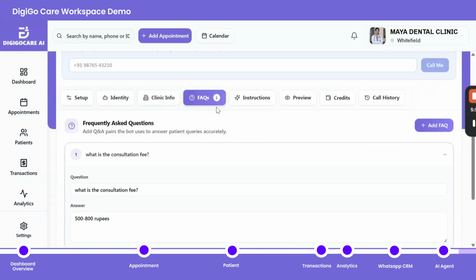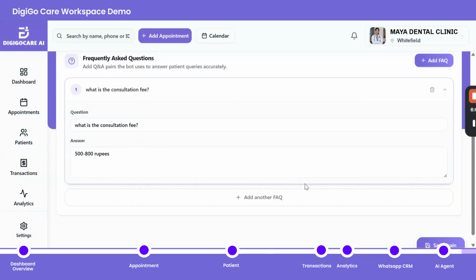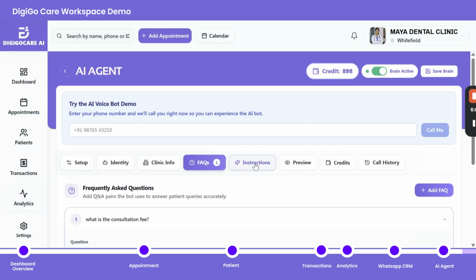And then FAQs are based on questions that most people ask, like the consultation fees, so you can put the consultation fees and any other FAQs.